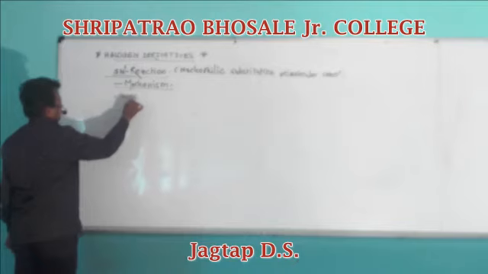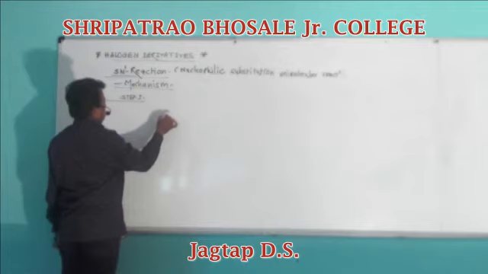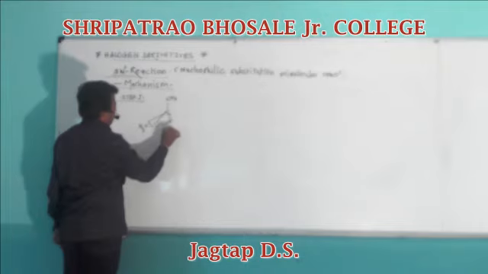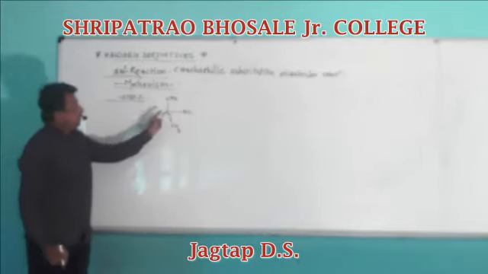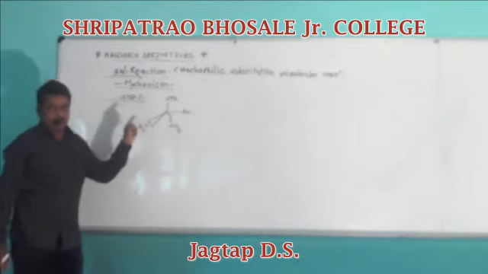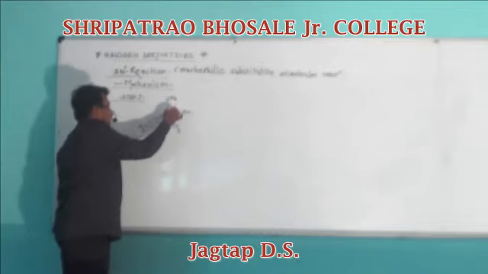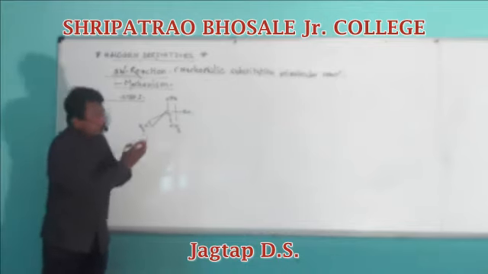Step first. Initially, due to positive inductive effect of three methyl groups and negative inductive effect of bromine, the breaking of C-Br linkage takes place heterolytically. This reaction takes place in presence of polar solvent.